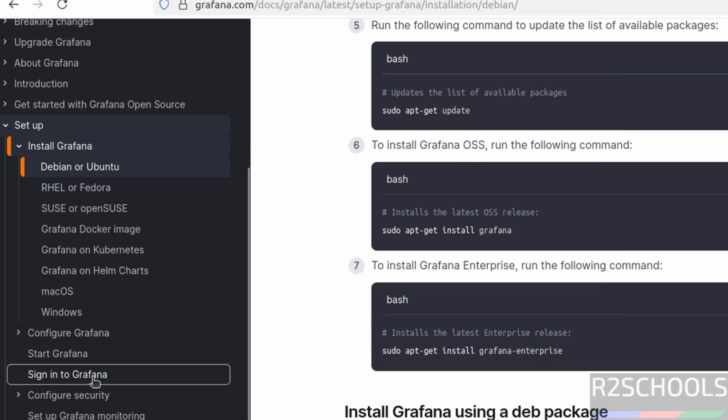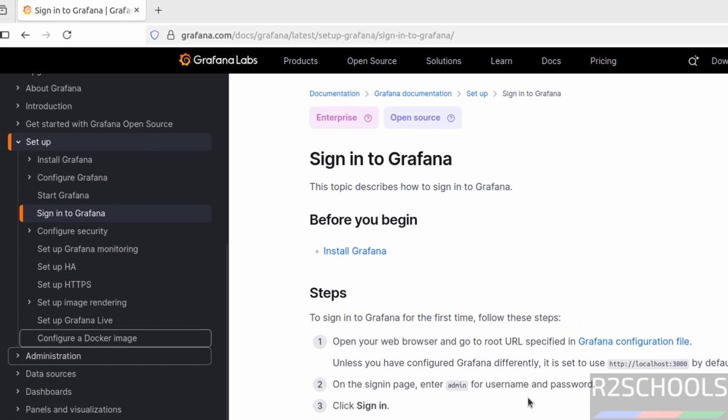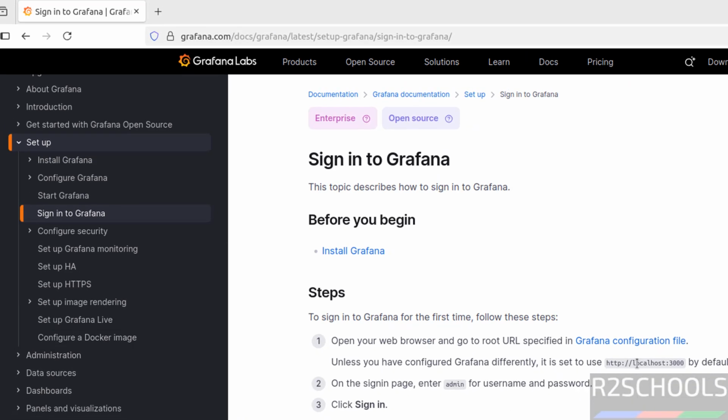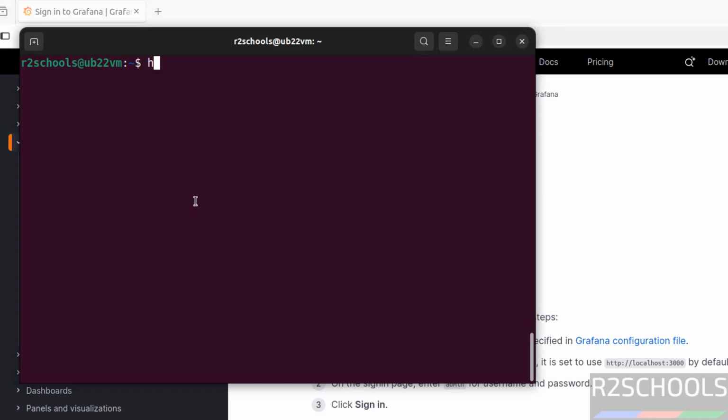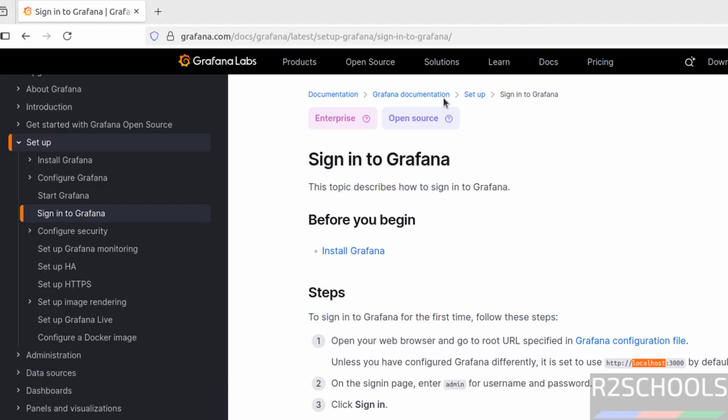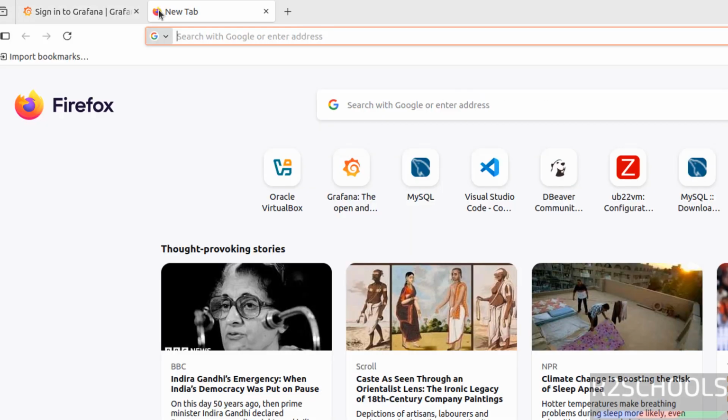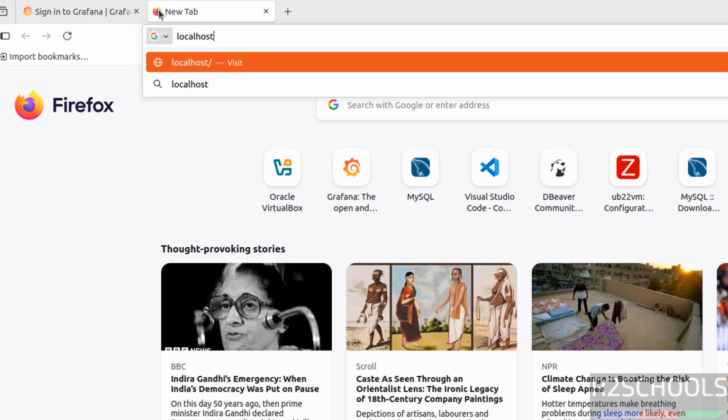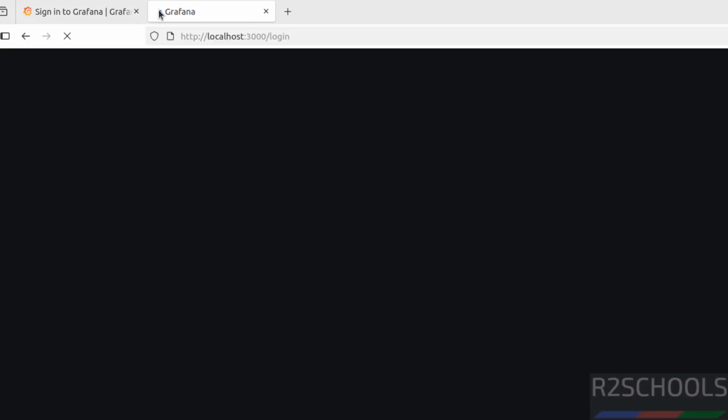Now we will sign in to Grafana. So click on this sign in to Grafana. Then see here the link. We have to use localhost port number 3000, or you can give the host name of this machine, then port number 3000, or you can give the loopback IP. First we will go with localhost. So go to a new tab, localhost port number 3000,